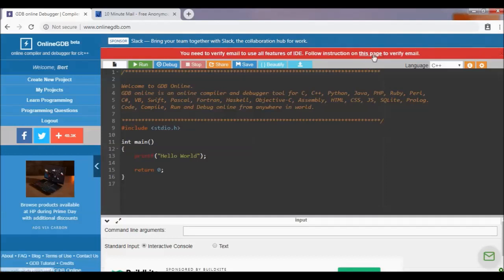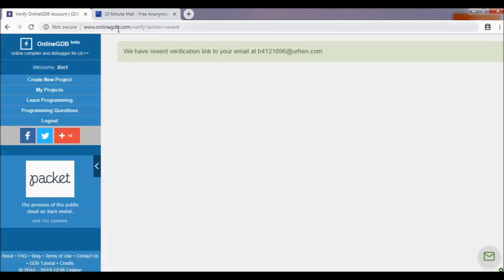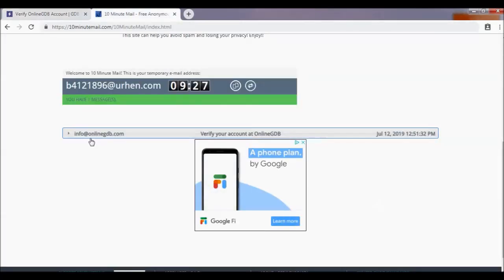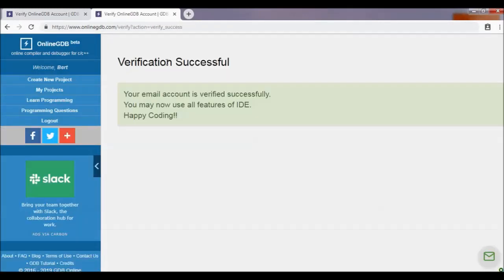I want to look at the instructions it has. I'm going to resend that verification link. Okay, I have a message: verify your account. Okay, I'm going to click on that link. Okay, so now my account has been verified, so I'm going to close that